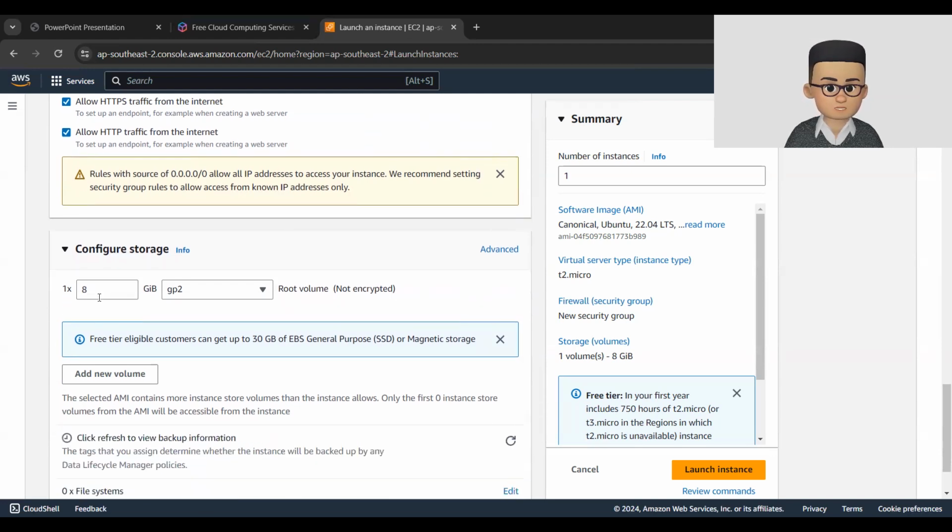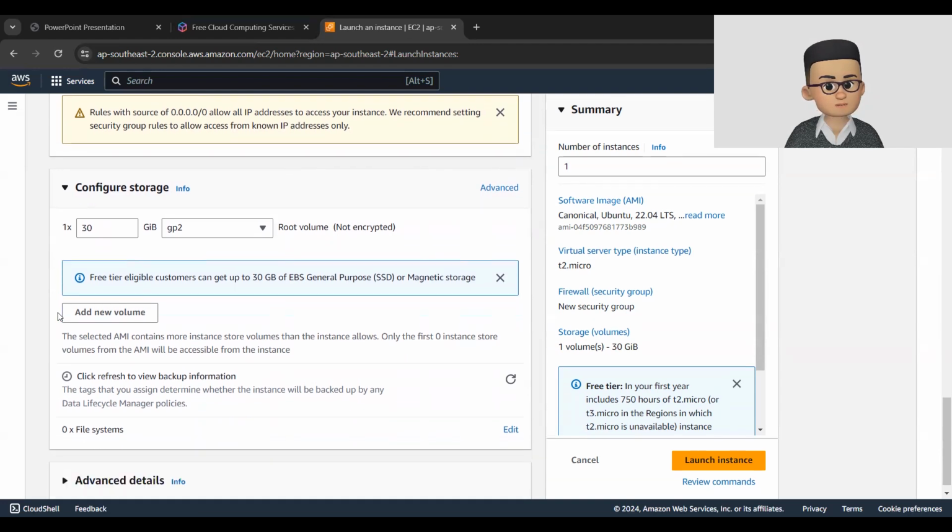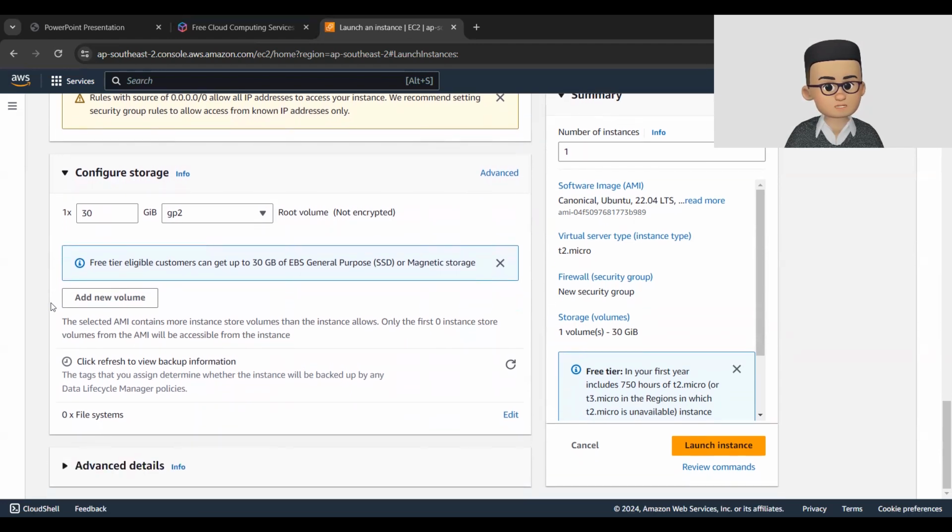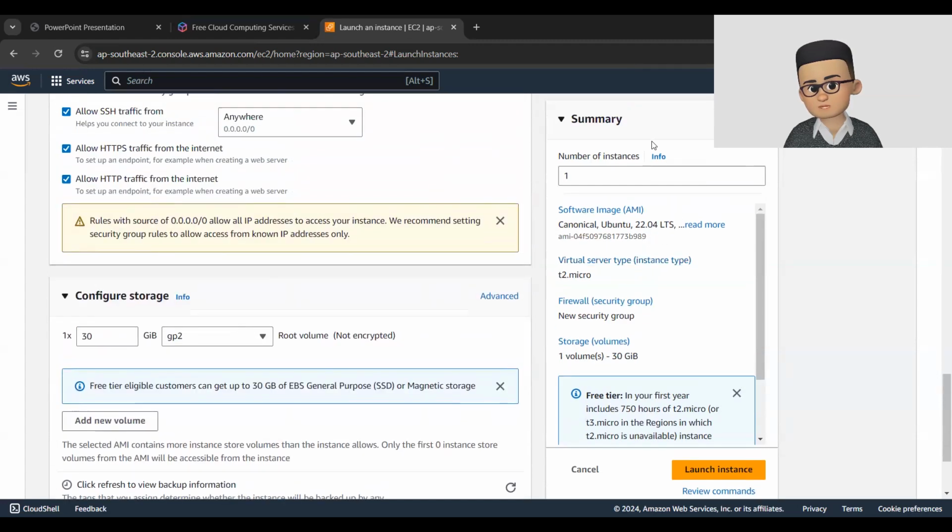Then finally, we will be configuring the storage by boosting the storage capacity up to 30 gigabyte, because up to 30 gigabyte is under the free tier eligibility. So we can increase it up to this point. And that's it. Once all configuration are set, you can check the summary from the summary tab over at the